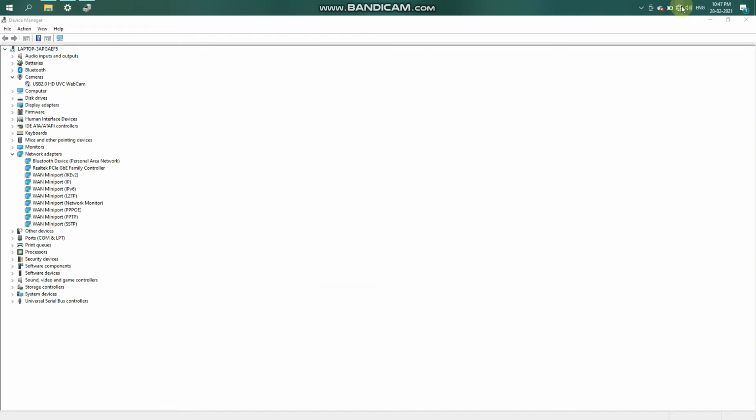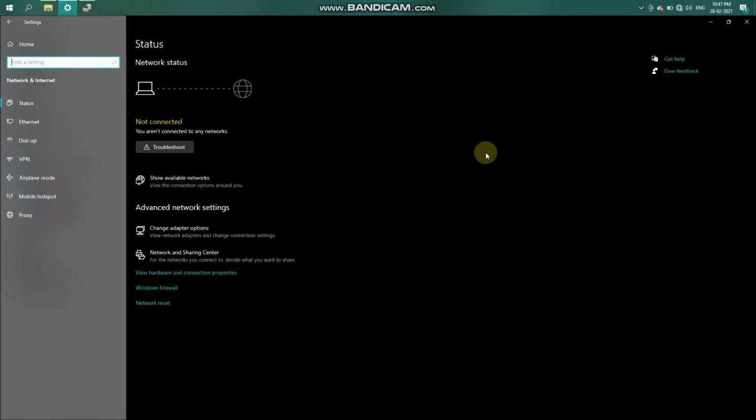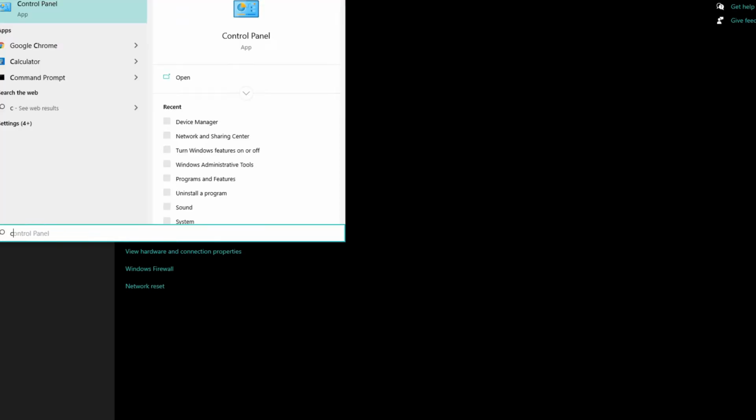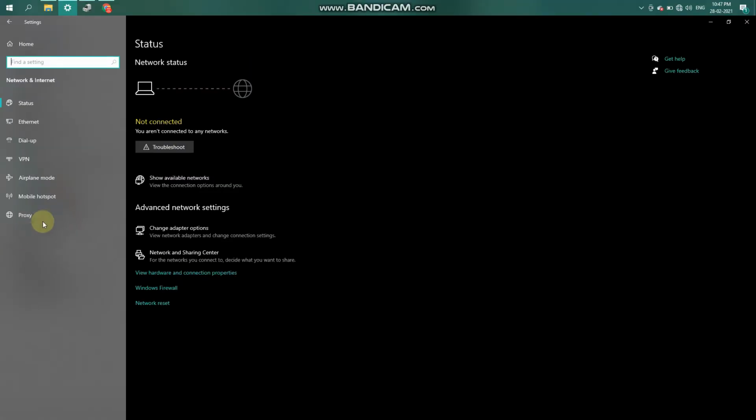Now in the taskbar connection settings there is no Wi-Fi setting option, and in the settings under Network and Internet there is also no Wi-Fi setting option. In this case, no one can use the internet, right? I'm just going to Chrome, and there is no internet. If you have an Ethernet cable only, you can access the internet. Apart from that, you can't access the internet, because there is no Wi-Fi setting option.